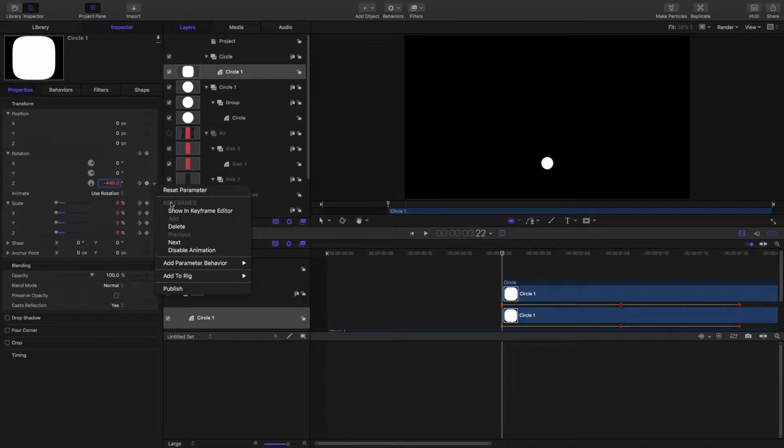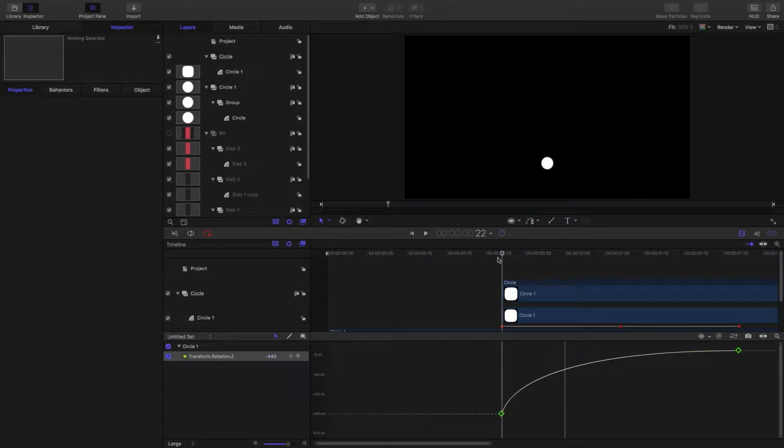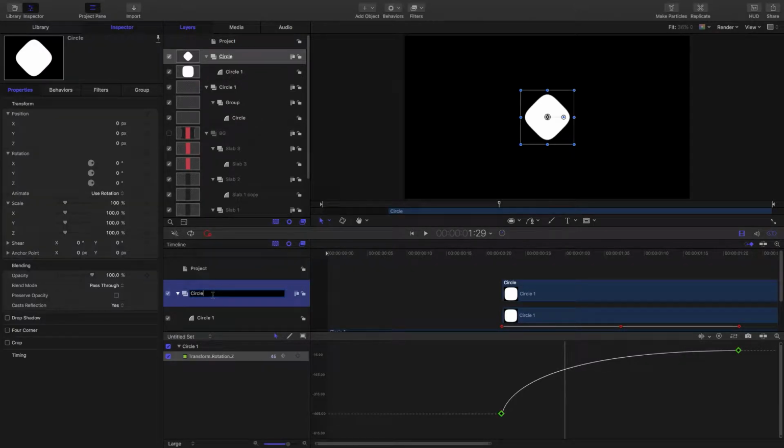And then again, what we're going to do is have this ease in all the way because what we want to do is have that sort of flick out animation, that shoot out, and the object's then settling down. So you can see that rotation shoots out along with the shape, and then it slows down towards the end there. All right, so this is circle number 2, and what we're going to do now is